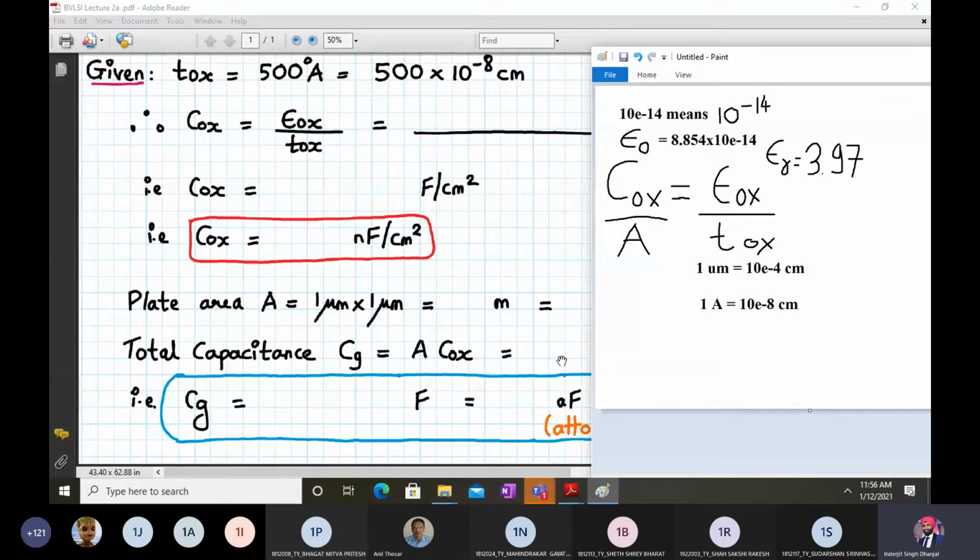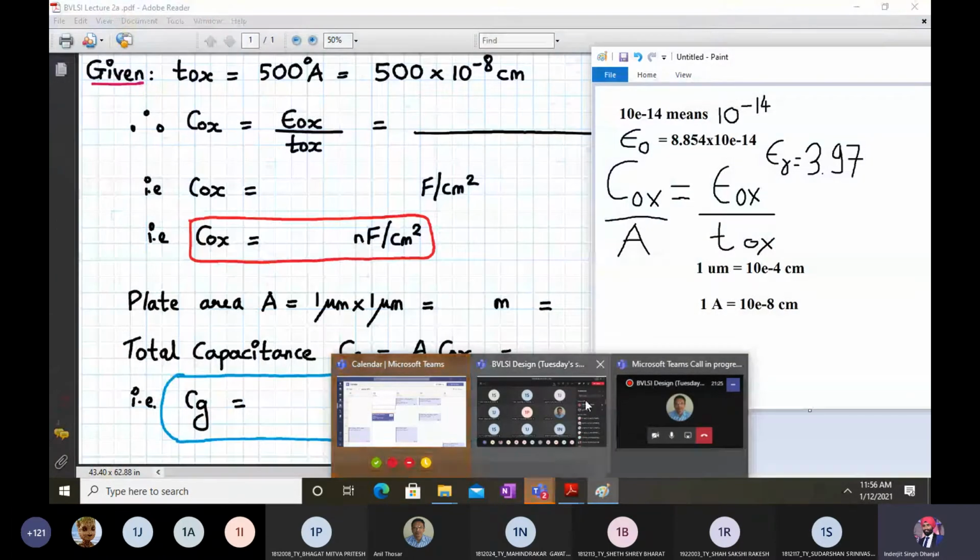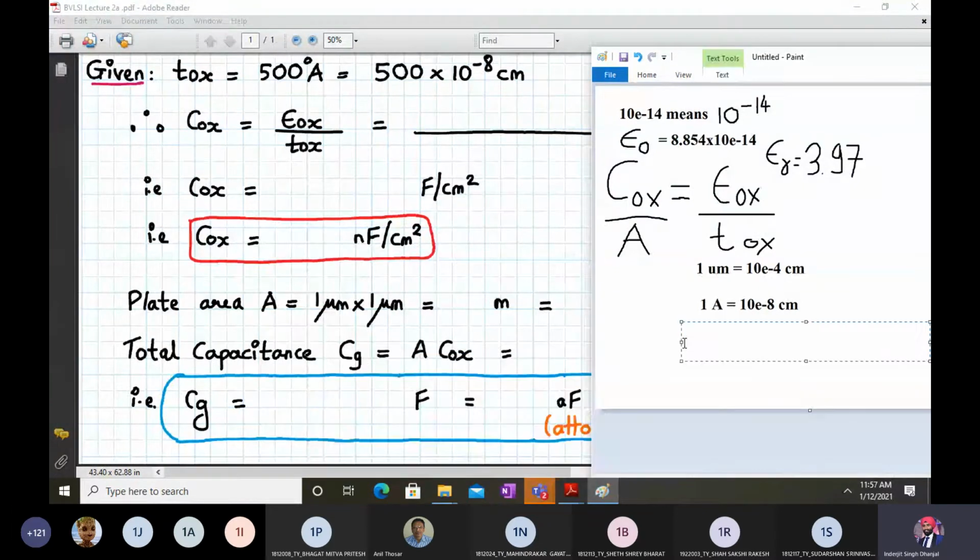I'll no doubt provide the answer, but for that you have to work out a little. Take your calculators out and do the multiplication of 8.854 into 10 raised to minus 14. Excellent, I am getting the answers. It's around the numbers I will just disclose in a minute. Yes, absolutely correct. So the answer which you are looking for, if you are getting it correctly,